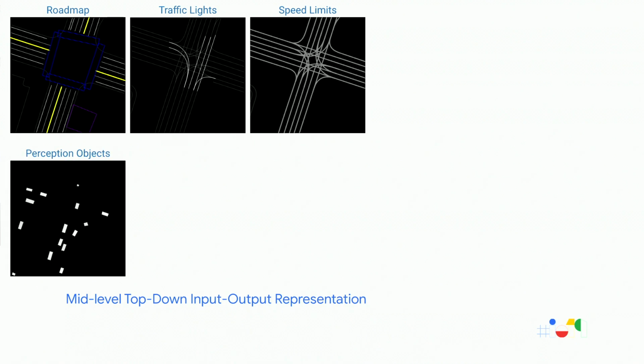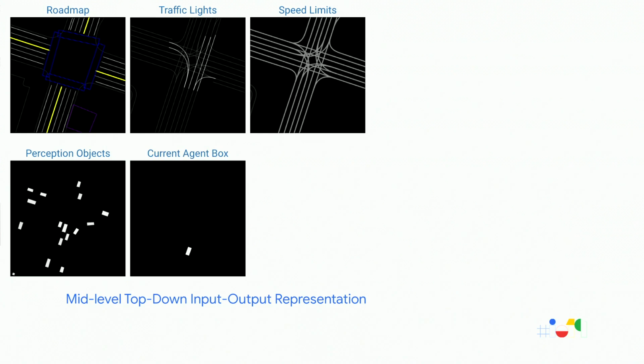Now, the perception objects which we talked about before, in this case is a sequence of images. We want the net to know exactly how they were moving over the past time frame. So we have a sequence of images going from the past 1 or 2 seconds. And for each of those time steps, we'll have a single slice of the sequence, which shows all the objects in the scene as these bounding boxes, which are colored white here. In a similar representation, we also want to show how exactly our agent was placed and its heading, which is shown by the white box here.